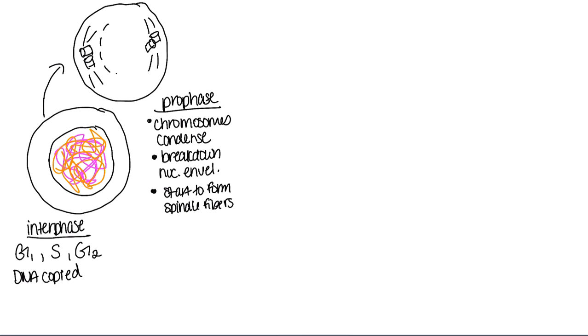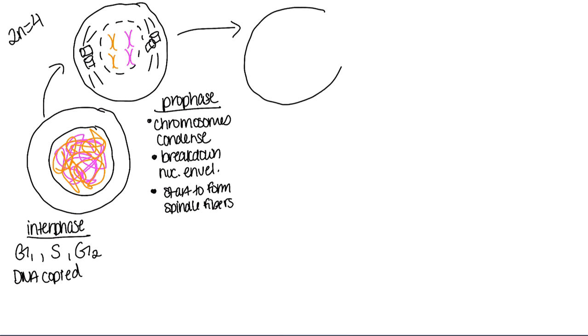I'm going to draw our nucleus kind of with holes around it because that nucleus is starting to break down. Our chromosomes have condensed so we can see them. So we said that we have 2 pairs, or 2n equals 4. So we have 4 chromosomes, but 8 chromatids because they have been replicated. This cell is then going to continue into